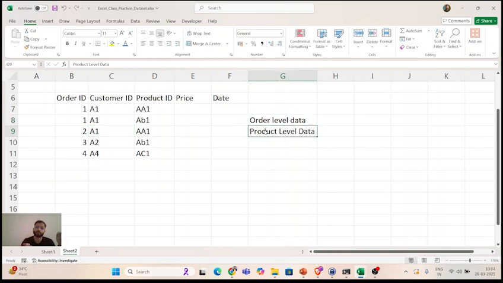But when the data is stored on product level, we have product level information. So multiple products can be in the same order. So order IDs can be duplicated in that case. So again, that is why I told you in the beginning, understand the data, understand the domain. These are the two very important things, right?